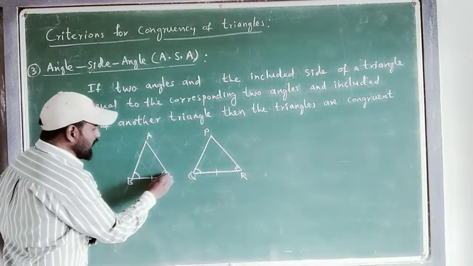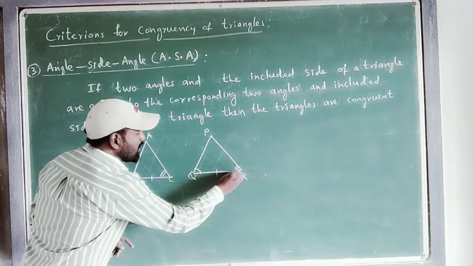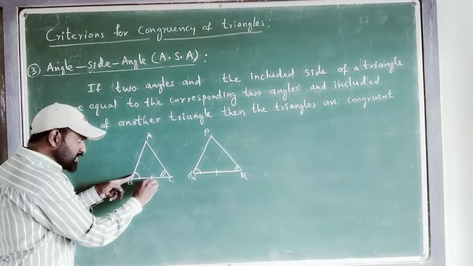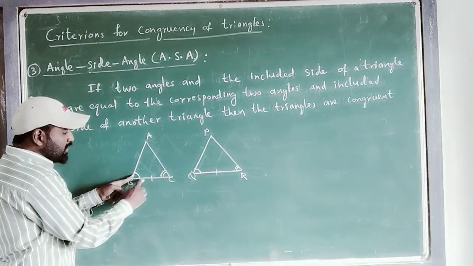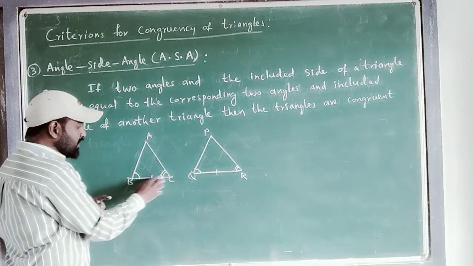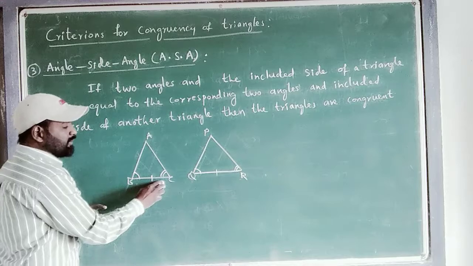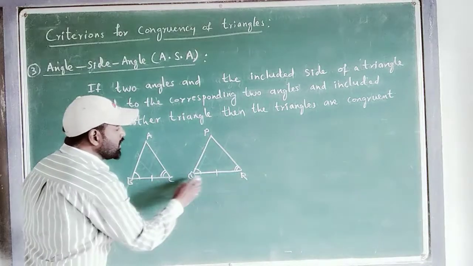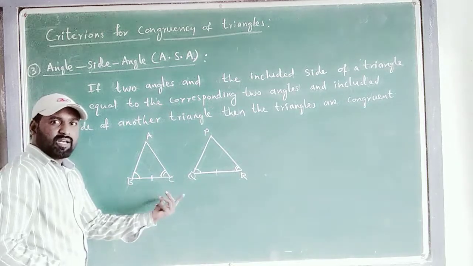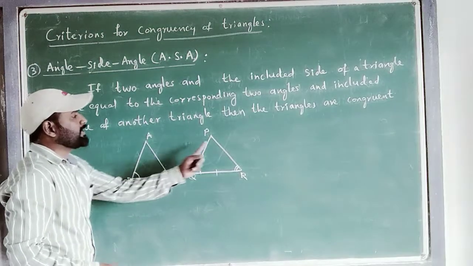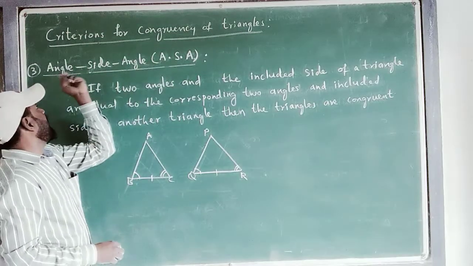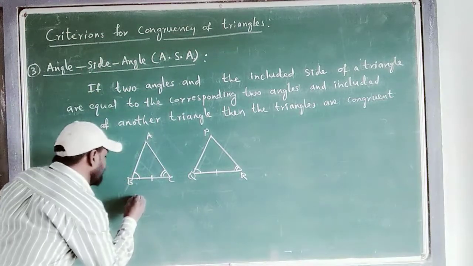Now angle C, here angle R is the corresponding angle. And including these two sides, the side is included by the two angles. These are the two angles, angle B and angle C. In between, the side is there, BC. By the rule ASA, angle side angle. In triangle